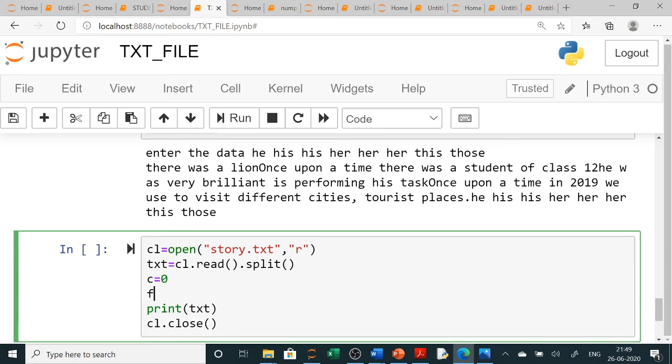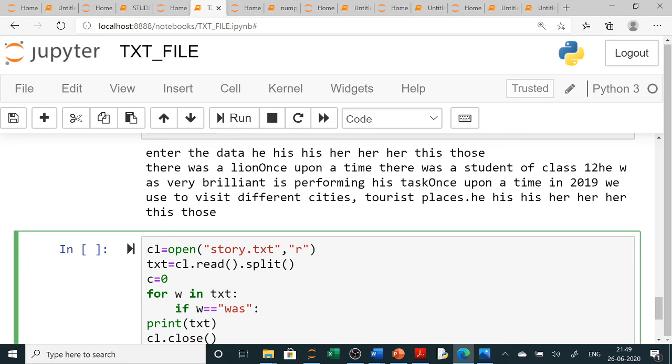Now I will take a for loop, and for the words I am counting, W in text. So one by one it will take from the text, and then it will check if W double equals, now just as you told, you want to count was.